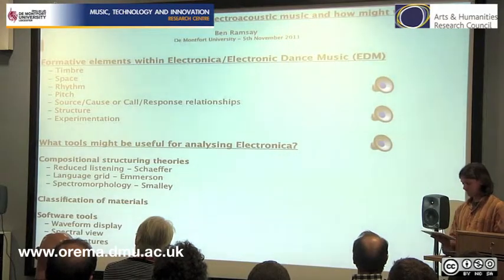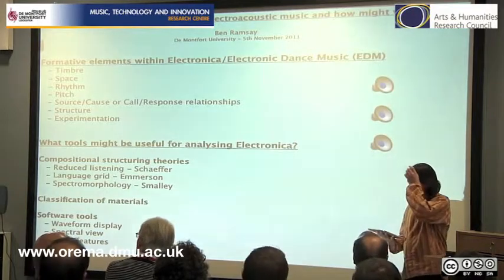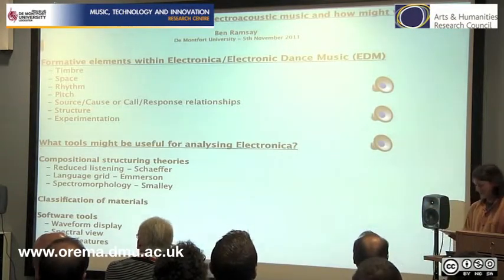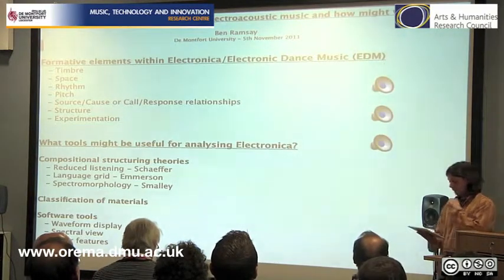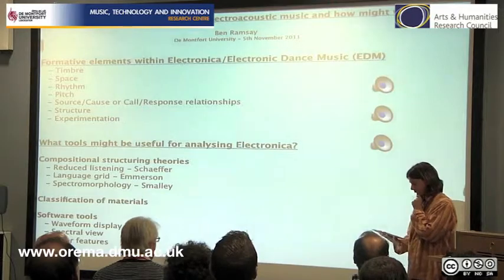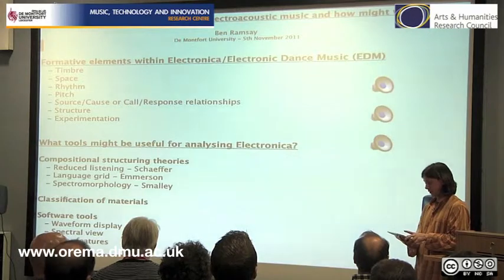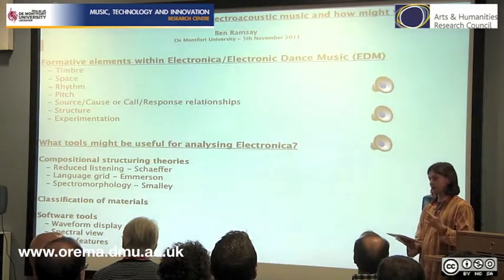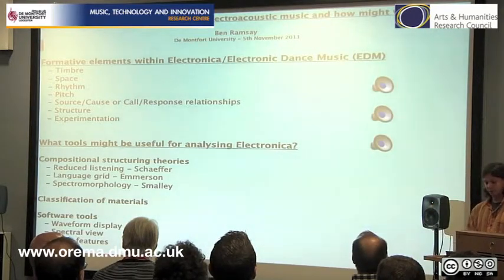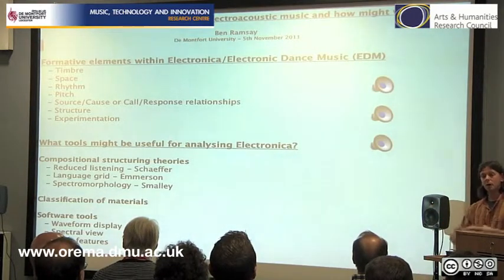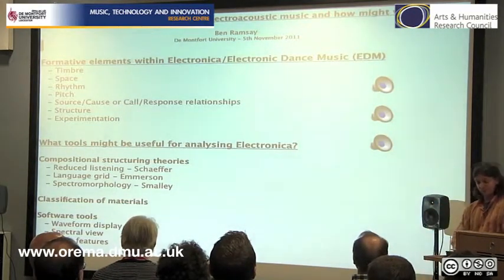A zoom feature, something similar, multi-channel layout options, and finally, and this is a bit of a blue sky idea, I guess, I have no idea how it could potentially be done, but some way of displaying spatial information within a work. So we currently have ways of displaying frequency content, amplitude and location in time, but nothing to display whether a sound is close or far away. And how I see it, at least, lots of music, both electroacoustic music and this form of music, use that idea of space as a formative element, and it'd be good to display that in some way.